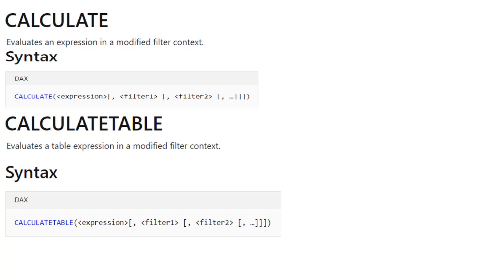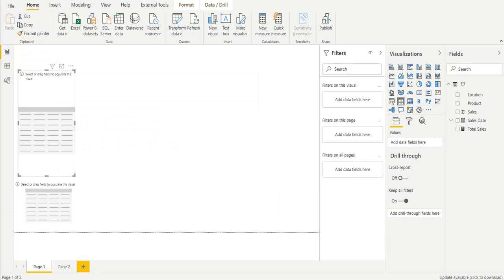If we look at the syntax of these two functions, in CALCULATE the first expression should be the measure, but in CALCULATETABLE it should be a table or a DAX function which returns a table. Now if we look at the example, it will become more clear how these functions work. First, take a look at the data set that we are going to deal with in order to create a measure for these two functions.